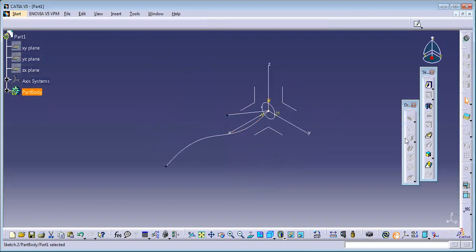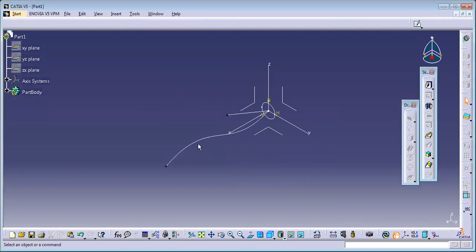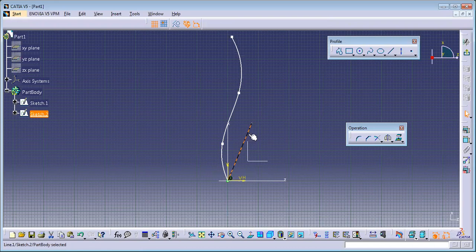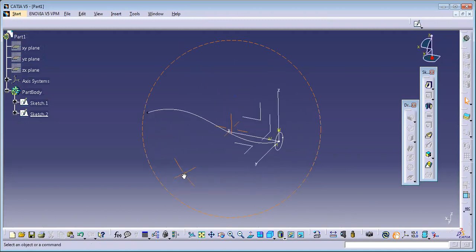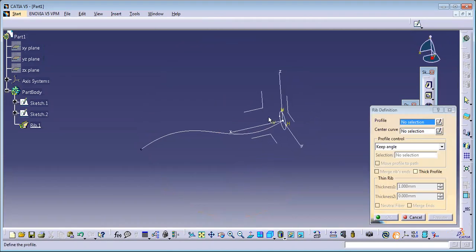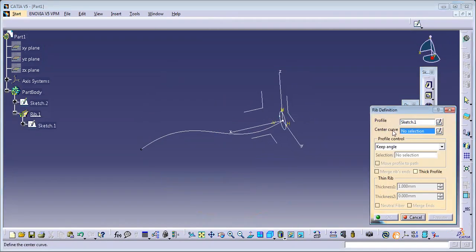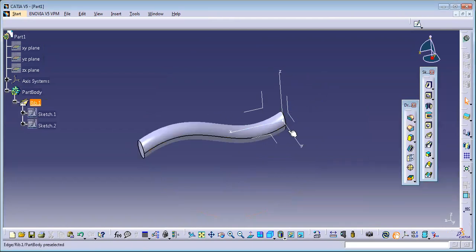Yes, sir. So now what happens means if you go to this pad, so the material can be added on this kind of lines, but the material cannot be added on this kind of curvy patterns, okay? So that's why what we have to do is, I'll just wait a minute, I'll just edit this. I don't want this line now, I'll just delete this line, okay? So to add the material on this kind of curvy patterns, it should be exactly perpendicular to the sketch, okay? So now just go with this rib, select this circle. So that is nothing but the profile what we say, and this is as the center path. So once you say okay to this, the material will be added and followed that particular curvy pattern. Okay. Okay, sir. Got it?